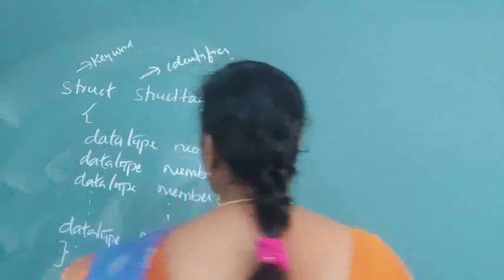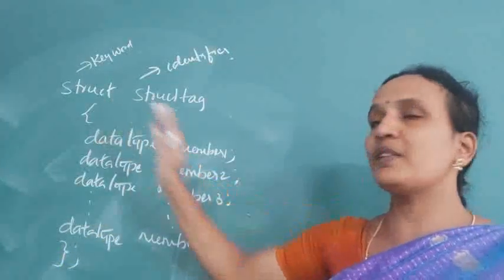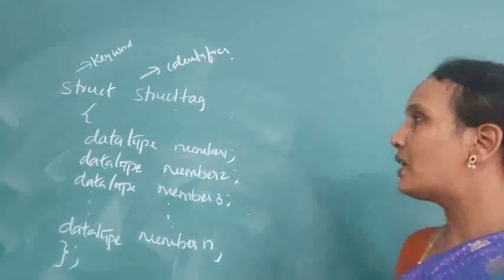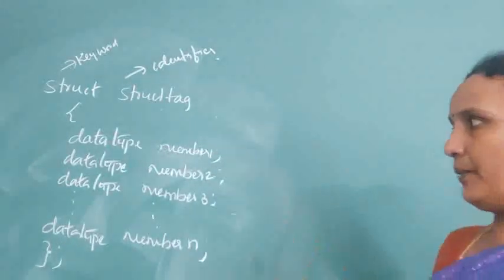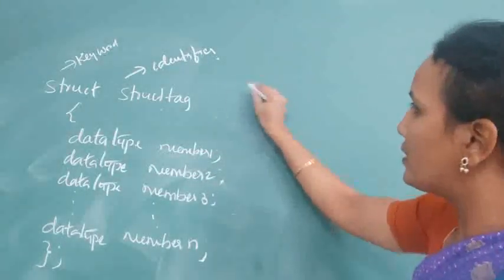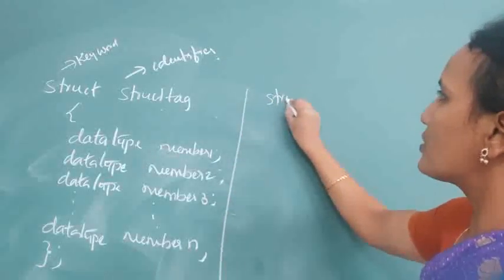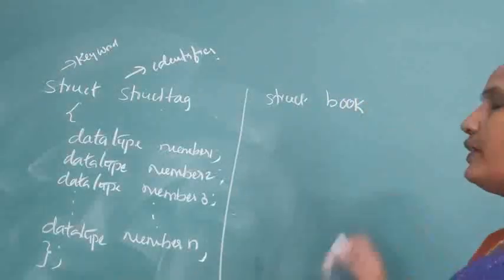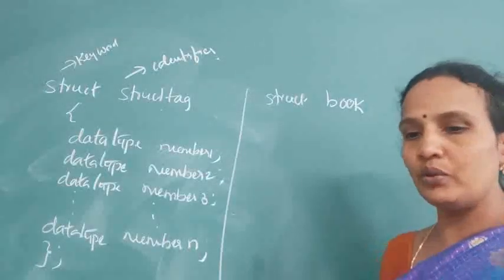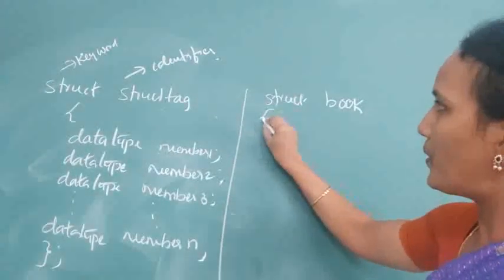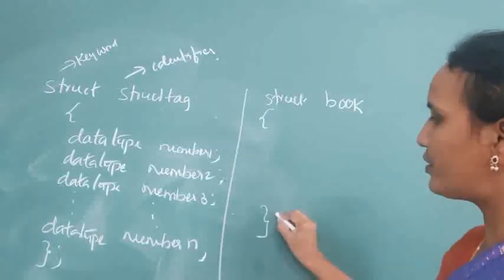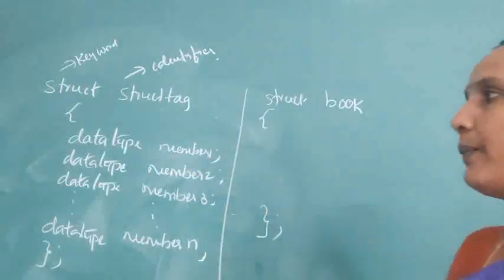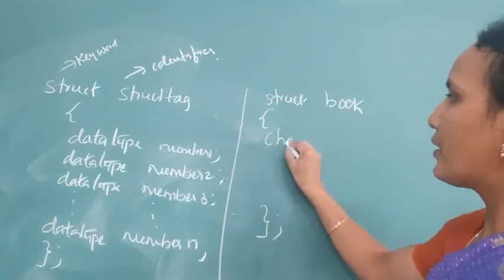Now this is the syntax for how to create a structure. The keyword you should write as it is. The identifier is like a variable name; you can give any name to your structure. Now with this example I will create one structure. See, struct, for example the structure name is book. I said it is an identifier, so you can give any name to your structure. Opening brace, closing brace, and it should end with a semicolon. It should be as it is. Now here the first member is, for example, a character.